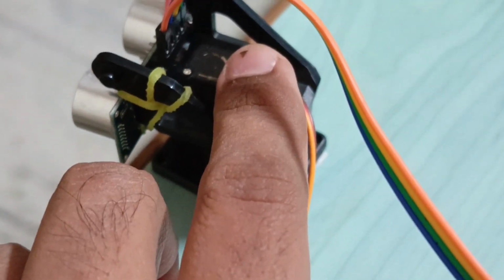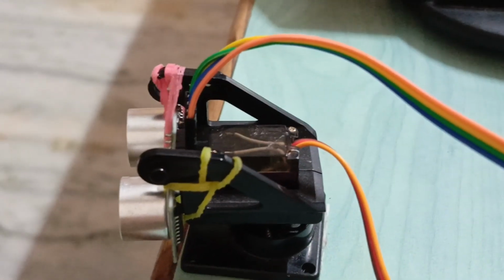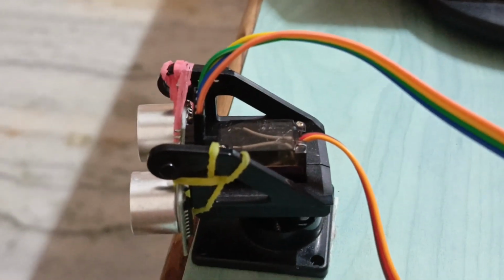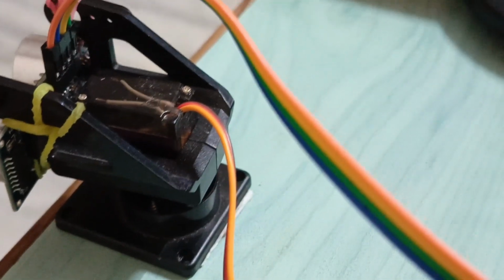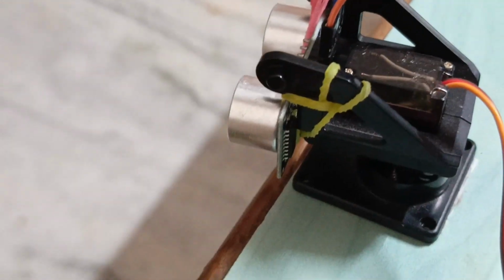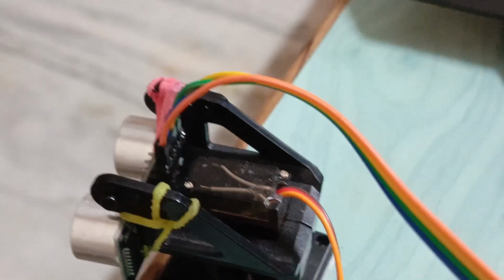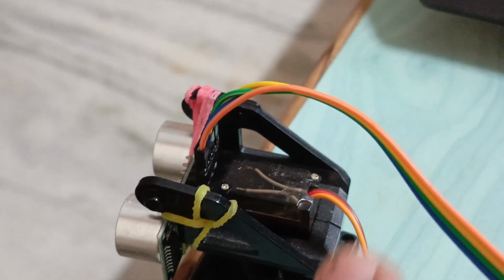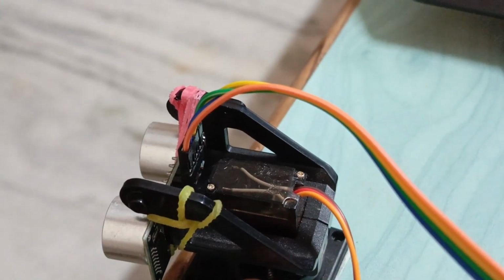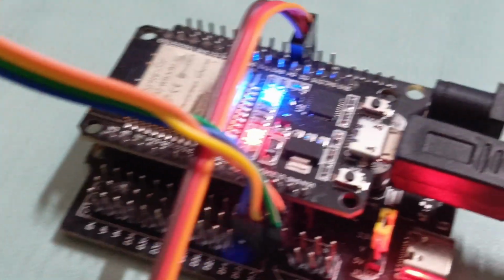So this is our SG90 servo and this is our ultrasonic HC-SR04, and I have used a pan and tilt camera module and stuck it using double-sided tape on that table, and I have attached it using some rubber bands, and I have not fully assembled it, just connected this SG90 servo here. So this is our radar station